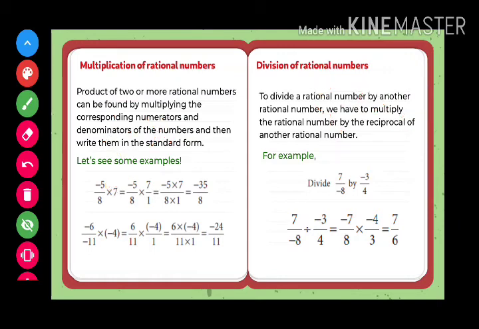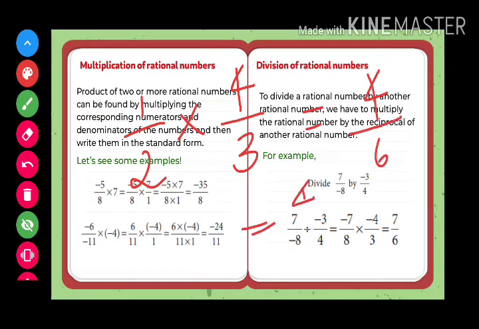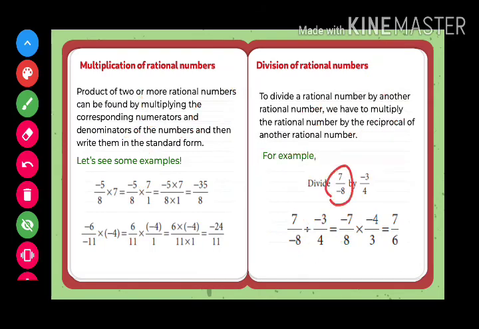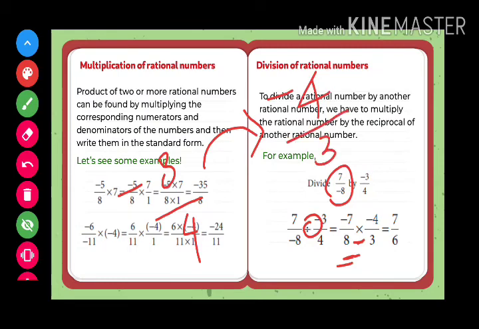Okay, so now we write 1 by 2, the division sign changes into multiplication, and 3 by 4 changes into 4 by 3. Now it will be 4 by 2 into 3 is 6. The answer is 4 by 6. Okay, that is how you divide. For division, you write the first number as it is, then the division sign changes into a multiplication sign, then here, see, negative 3 by 4 changes into negative 4 by 3. You have to write the reciprocal form. Then whatever you do for multiplication, you do the same steps.